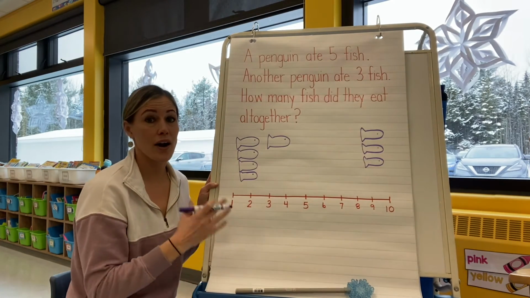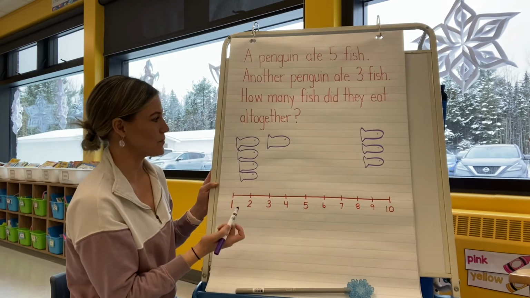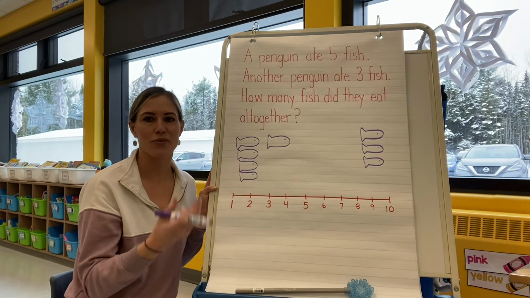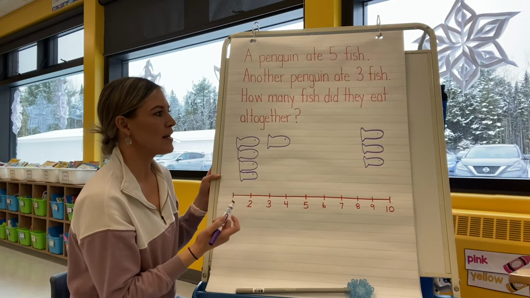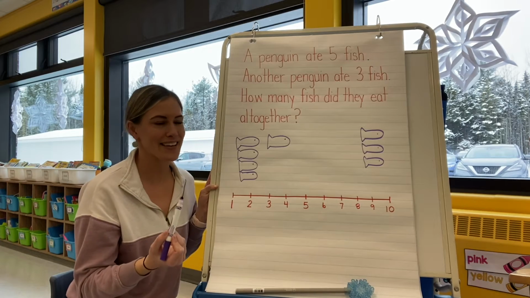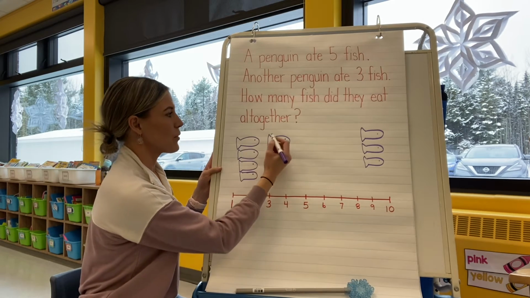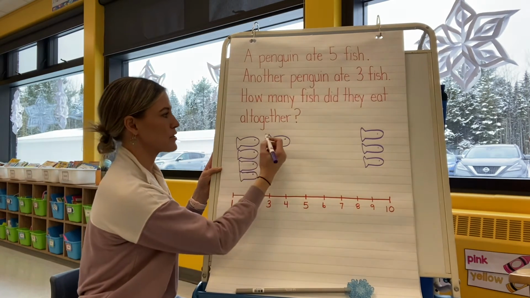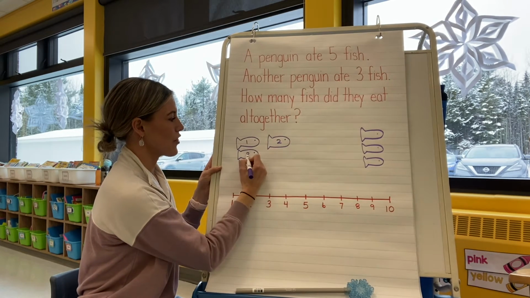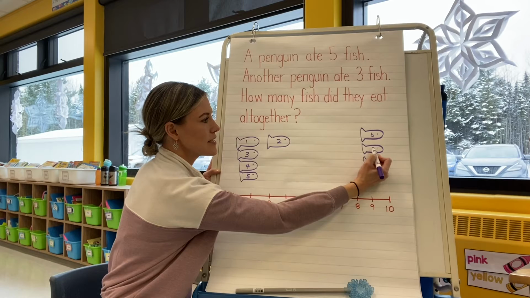Now the question's asking us how many fish did they eat all together. Just like last week's question, and if you didn't do that, you can always go back on Seesaw or through email and find that to do as well. But you know that I always want you to label using a number when we're doing math, to practice printing our numerals as well. So I'm going to print the numbers beside or inside the fish for this one. So let's see, 1, 2, 3, 4, 5, 6, 7,